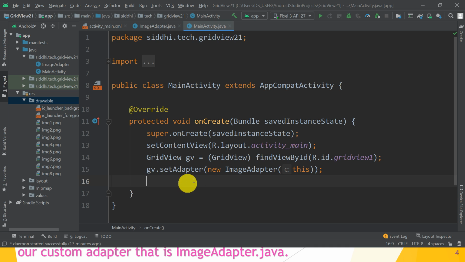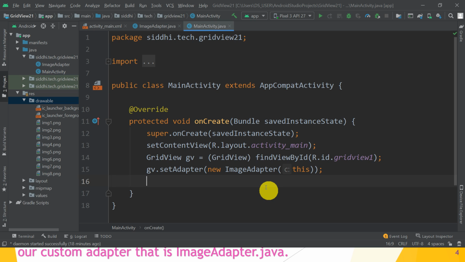Now all the images are set to this grid view by this setAdapter method. So the adapter is the intermediator between the view, the grid view, and the source. What is the source? That is the array of images. Actually it is in the form of an integer array, because each object in the drawable, R.drawable.image1, is referred to by an integer value. So the adapter acts as an intermediator between the grid view and the array of images, which is set to the grid view by using the gv object dot setAdapter method. Guys, hope you understand.